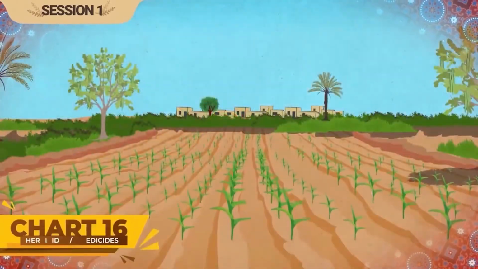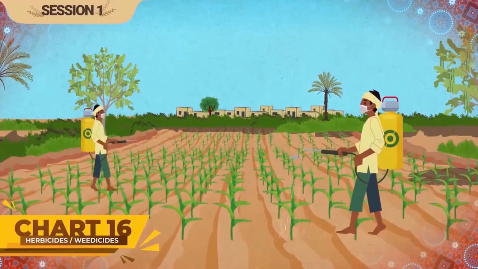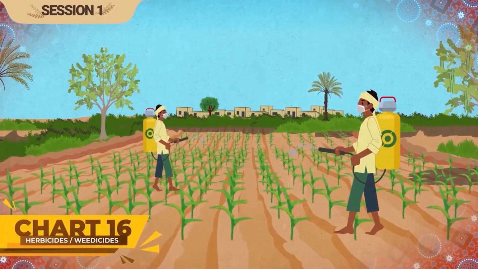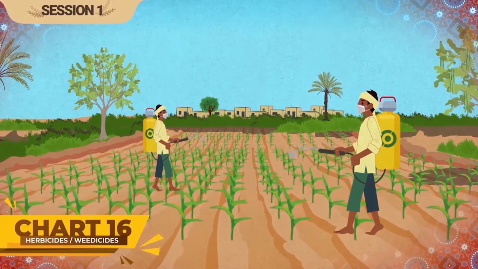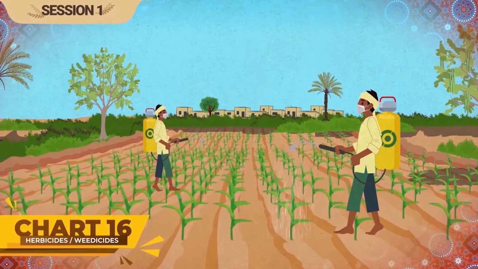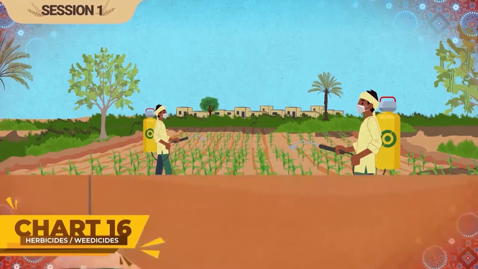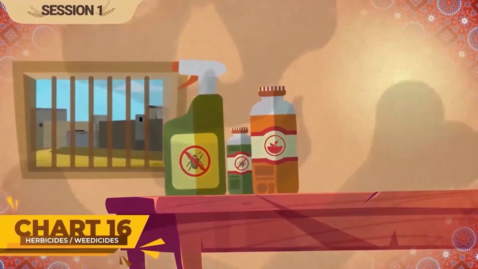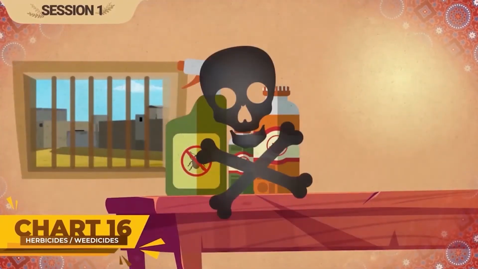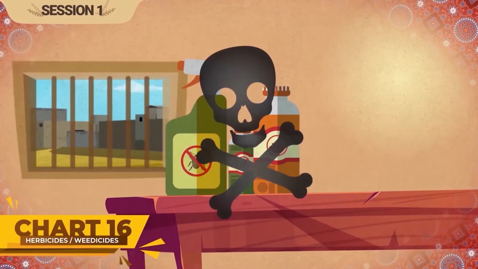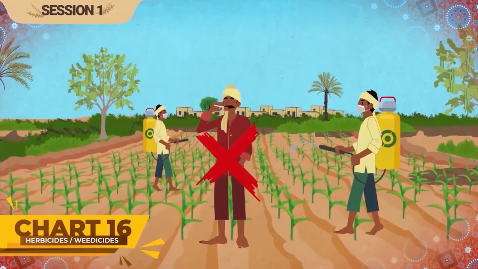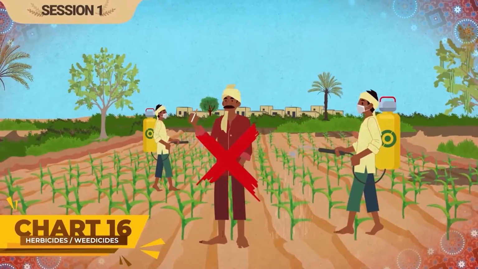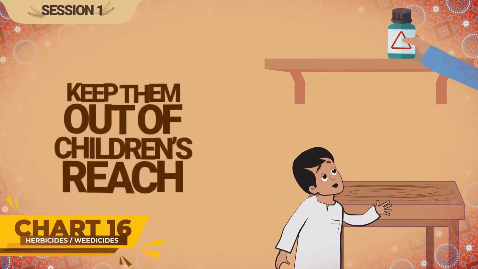Herbicides and weedicides. Weedicide should be applied after the first irrigation in good moisture condition when weeds are at the second and third leaf stage. Proper quantity of weedicides with water is crucial. Herbicides are poisonous. They can cause health and environment problems, so proper care is needed. Avoid eating and smoking during spraying weedicides. Label them clearly and keep them out of children's reach.